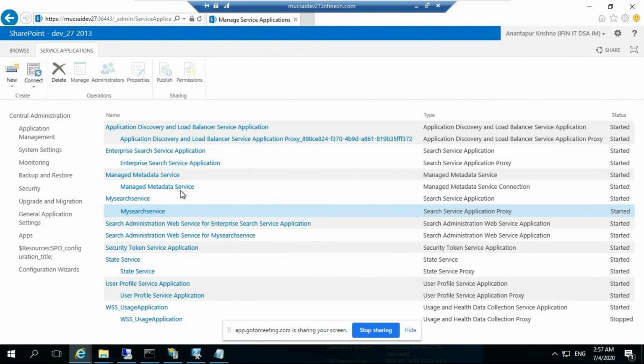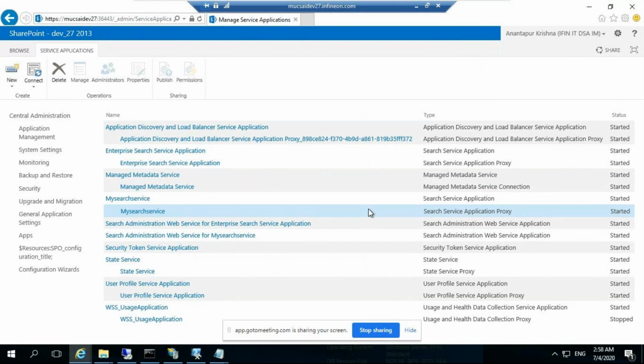Every service, there is one thing I doubt actually. See, the search is nothing but it should search from the content, and it should be from the database, right? Whatever the farm it could be, if both the farms connect to the same database, the search should get the results from the content database on which it is configured, whatever the farm could be.